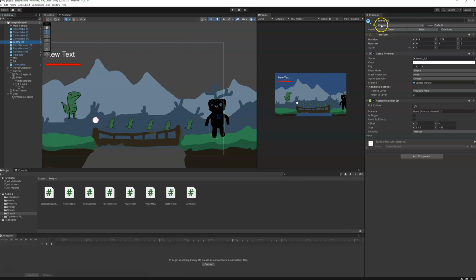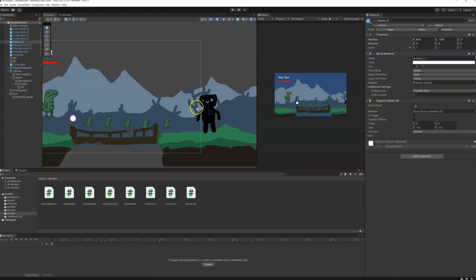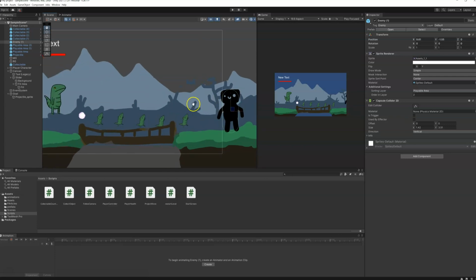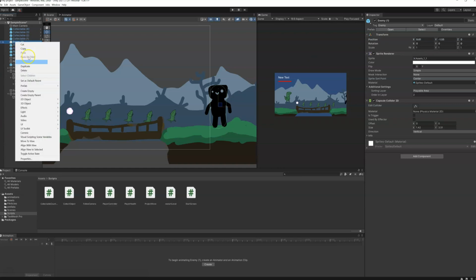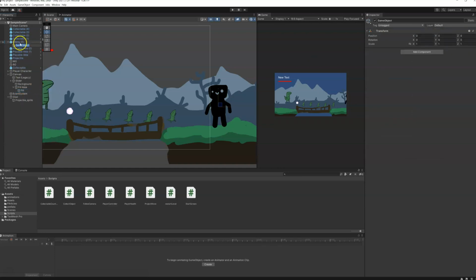So we have to start thinking, do we want this whole character to be tagged as an enemy, or do we just want a new component on it to tag as enemy danger? The way I was thinking about it was, right now we still have the functionality where we can run into him to destroy it. But if we want to give him a weapon, say he has a sword, on our little enemy prefab here, we can add an empty parented underneath it,